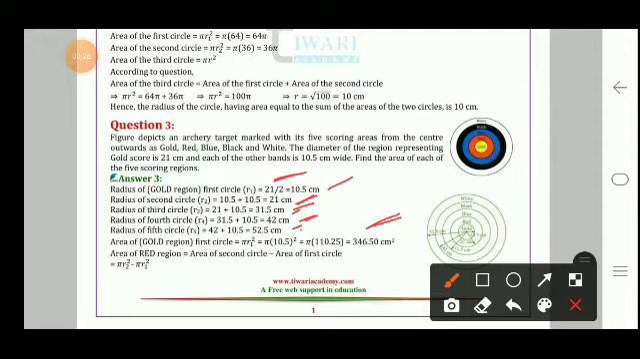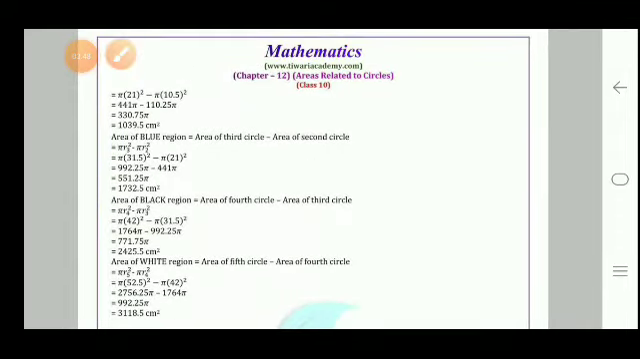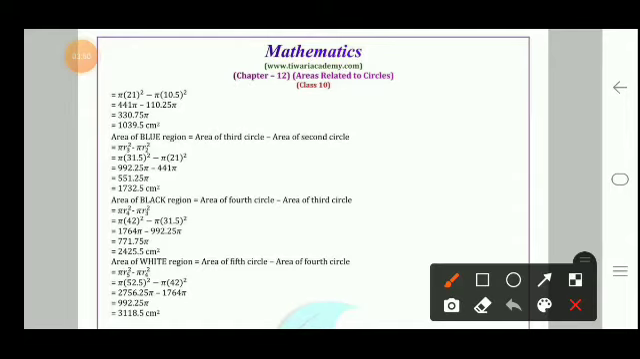So we are using the formula for finding the area of the ring, that is area of outer circle minus area of inner circle. So area of second circle minus area of the first circle, that is pi r2 square minus pi r1 square. So we have here pi 21 square minus pi 10.5 square, which on solving we are getting